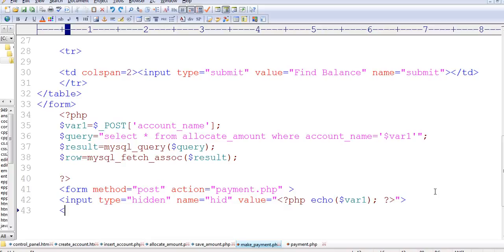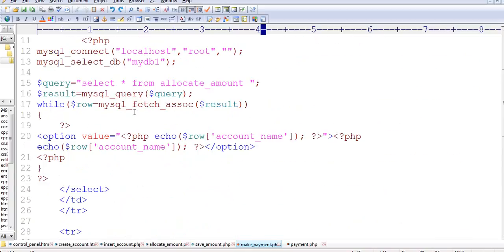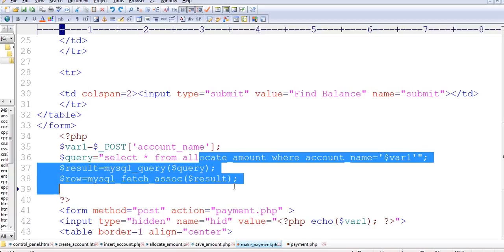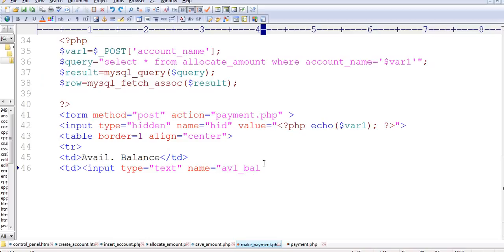Okay, next, in the normal way we can create all the input fields which are required, like available balance. In this input box, we are going to place the value which we retrieve from the database table, depending on this SQL query. Whatever value we retrieve from the database,